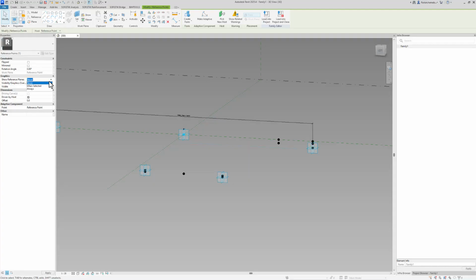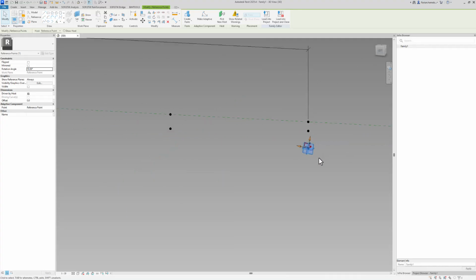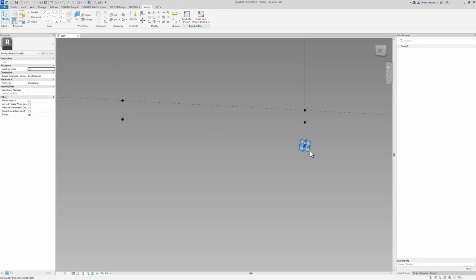Let me quickly show what happens when I turn on this reference plane and assign a value to it. You can immediately see that in reference to the original point, it gets the rotation assigned to it. We can now use the vertical plane of this rotated point to create a point with an offset and use it as a reference line.